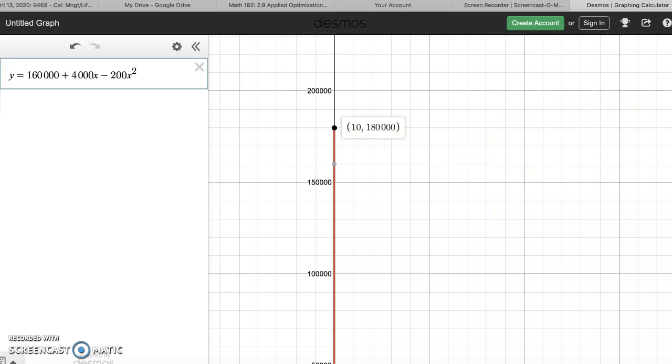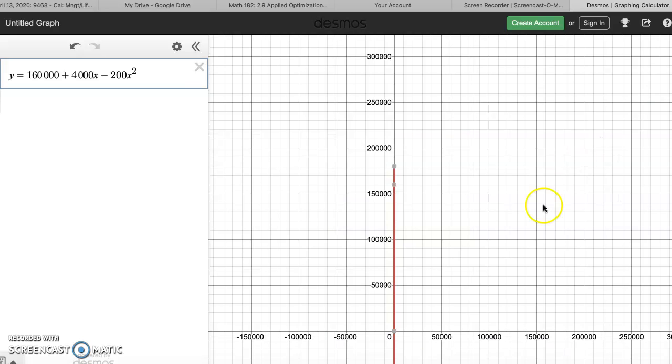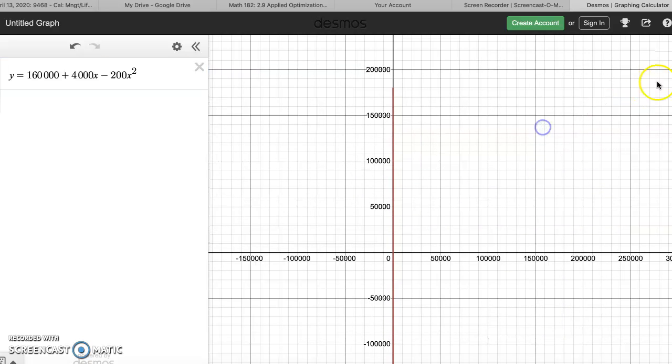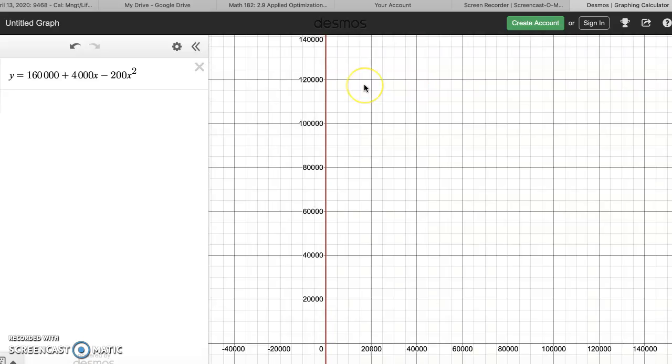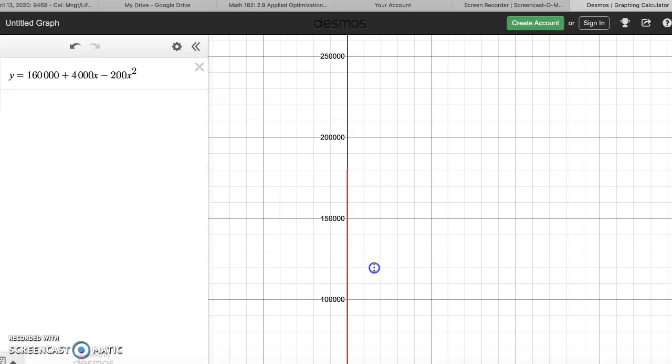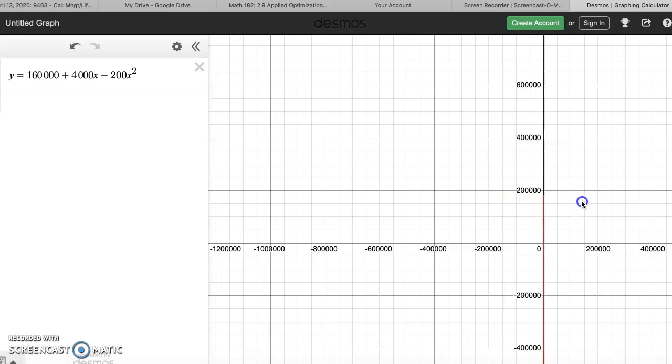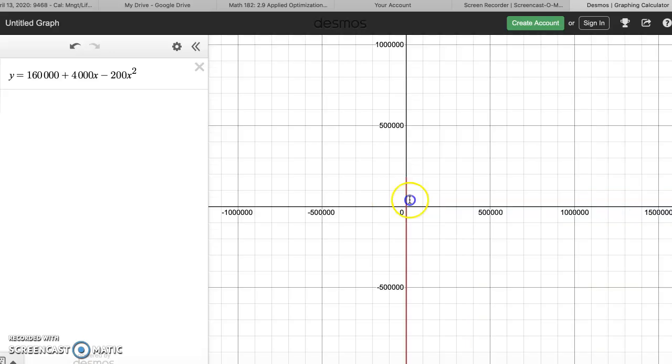And furthermore, if we check out our domain, we'll see that our starting revenue will be 160,000 if we have 0 units rented out. And our x-intercept here, if I can get it in time here,